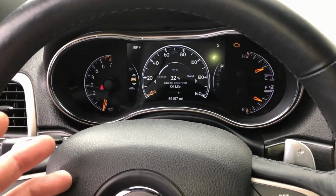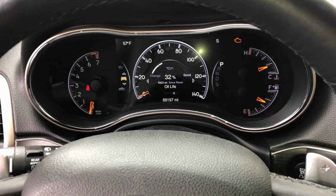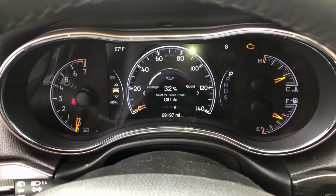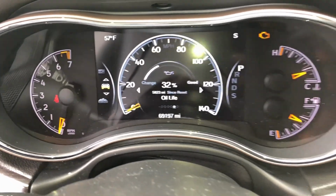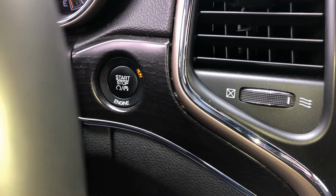Just a quick tip here for some of you out there that may be trying to do an oil change yourself on different makes and models. A lot of them, I know GM has gone to this, and Chrysler. The way to reset your oil life is not through the instrument cluster here. It is to simply have your key in the on position, the run position, engine off, and then you